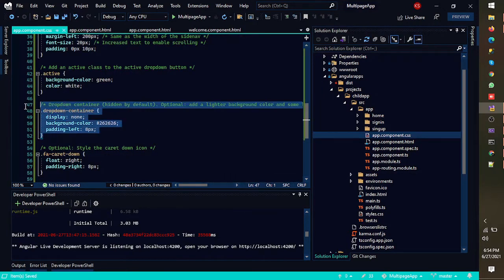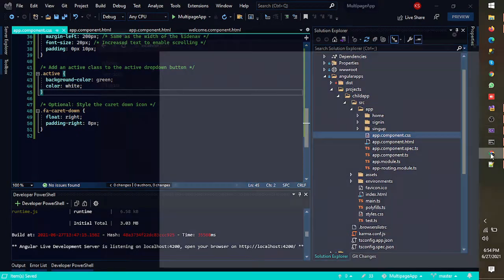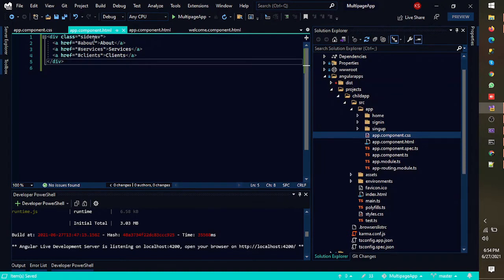We don't need this drop down section because we have already removed it in the HTML section as well. We see our left navigation is here, about services clients. So we would need this to home. This would be our sign up and this would be our sign in.